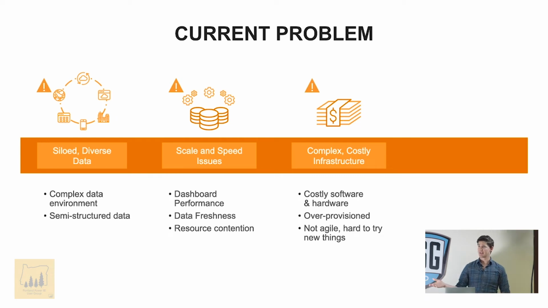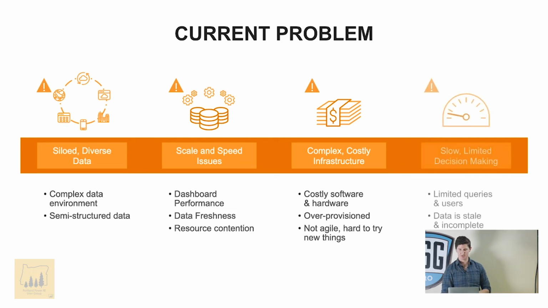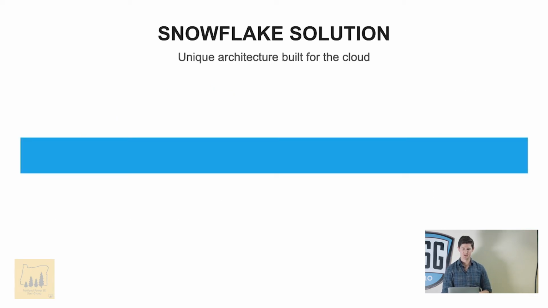For those of you who have to maintain database systems, there's a lot of things like indexing and vacuuming and partitioning, just these manual tasks that take time. And if you want to expand, there's generally a big planning exercise, right? To decide how much more we want to buy. So I disagree with marketing. I don't think this is a problem. I think this is a symptom, but it does lead to slow decision making.